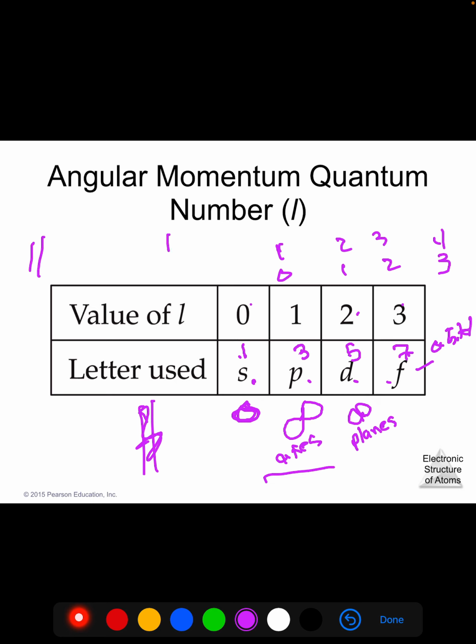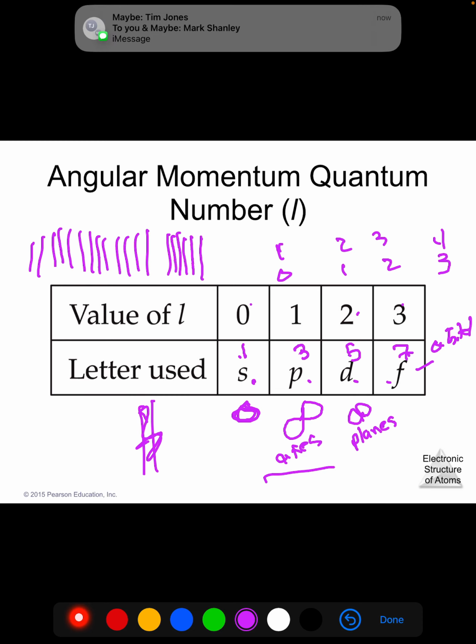And over here you have a block of 6. 1, 2, 3, 4, 5, 6. Okay? And then you'll have your D block with 10. And if you count 1, 2, 3, 4, 5, 6, 7, 8, 9, 10, there are